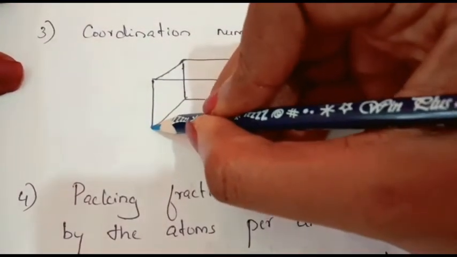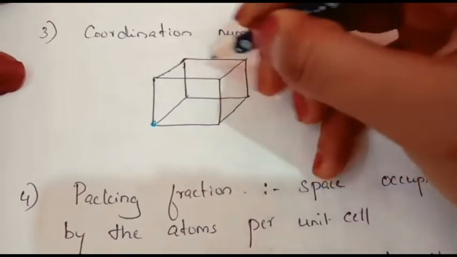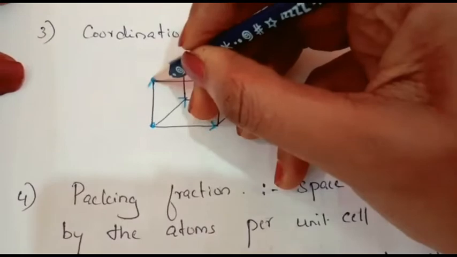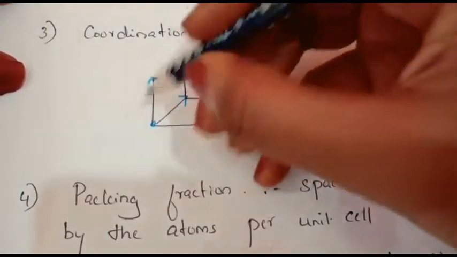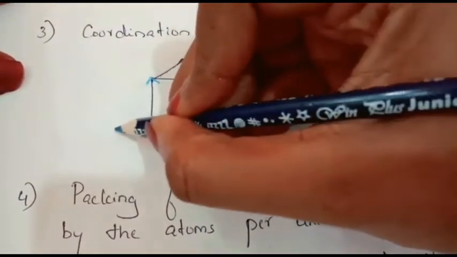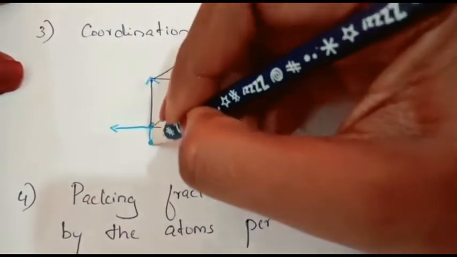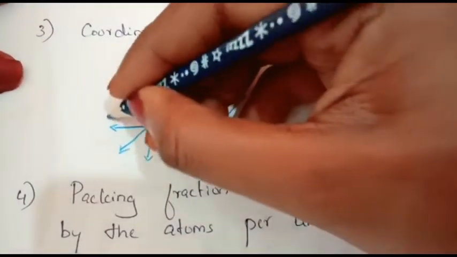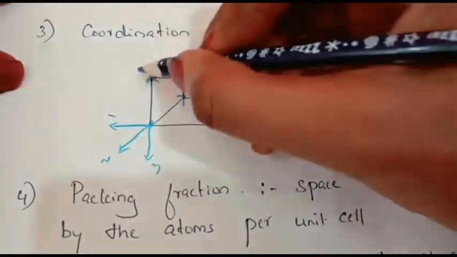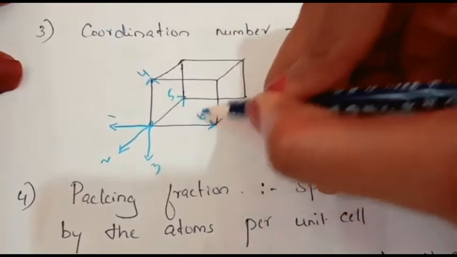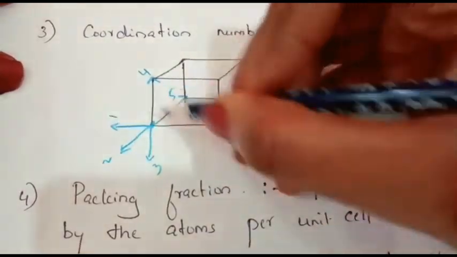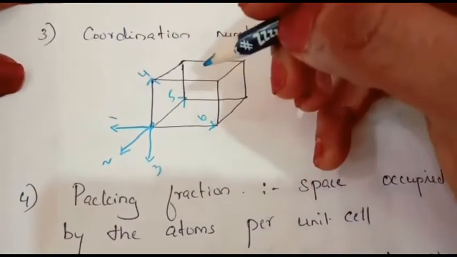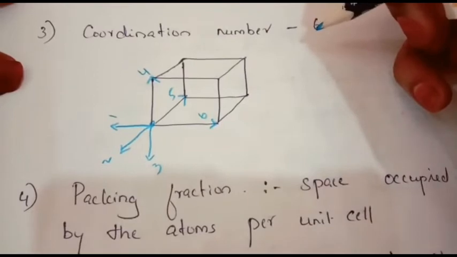So if you consider this atom, in the same unit cell it is touched with 1, then 2, then 3. So in the same unit cell, it is 3. Then here with a neighboring atom, this is 4. Then another one, this is 5. And this one is 6. So total 1, 2, 3, 4, 5, 6. So 3 within the same unit cell and 3 with nearby cubes or nearby atoms. So here the coordination number is 6.